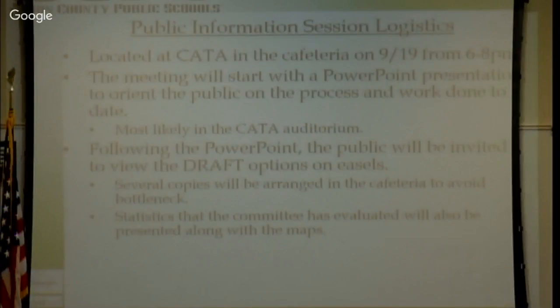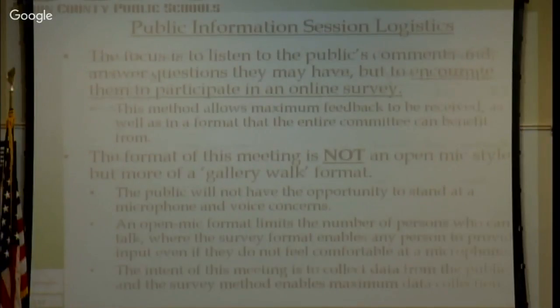We always encourage them, as you're talking with the public, to hear them out and listen to their input and take that in, but also encourage them to fill out an online survey. So we will have a survey that's built to accompany the options A through D that surveys the public and asks them their input on the various options. And we'll be asking them questions as it relates to the overall criteria, so that you can have some data and input that aligns with the criteria and see what the public is saying.